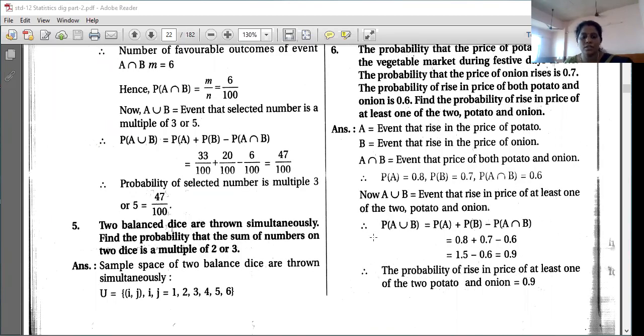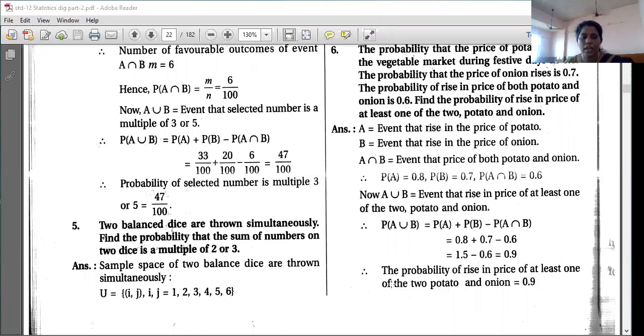Two balanced dice are thrown simultaneously. Find the probability that the sum of the numbers on two dice is a multiple of 2 or 3. And in the last video, I have explained you or means union, right? 2 or 3. So we can consider the multiple of 2 as event A and the multiple of 3 as event B. And this whole sentence that is multiple of 2 or 3 we will consider as P of A union